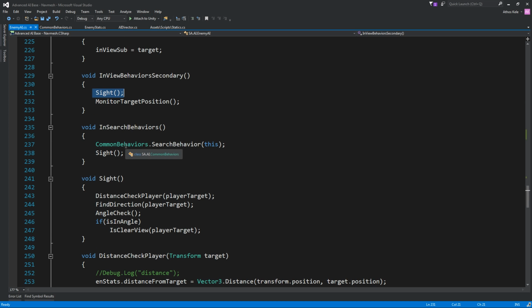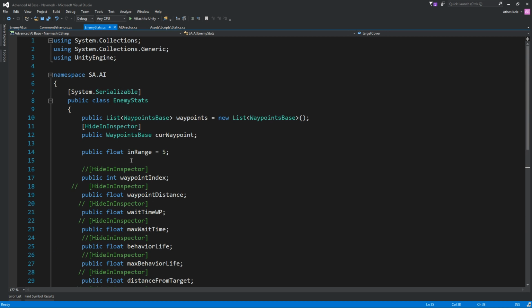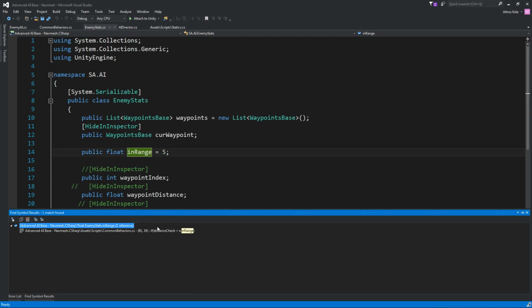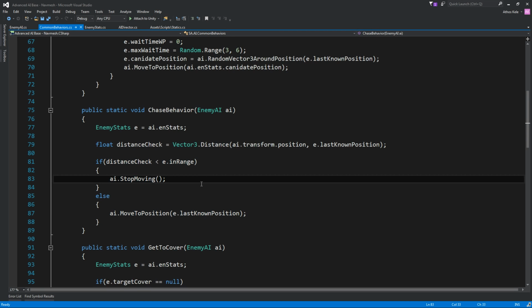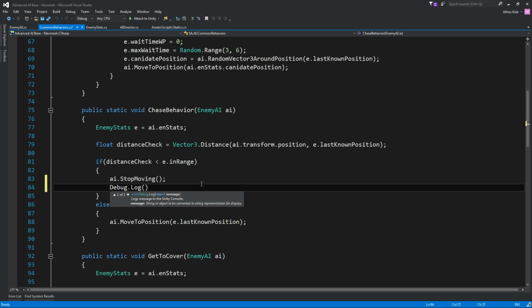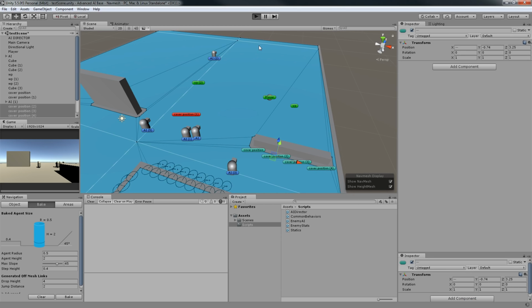Yeah, maybe it's this one. I actually forgot where it is. Okay, let's see where this is checked. Okay, here it is. It used all the chase behavior, and I want to put a debug log over here, so that I know it's why this is happening. I'm going to click play. Let's see, they're going to go on cover positions, and you can see that they will start popping the F. That means they'll go over here, but